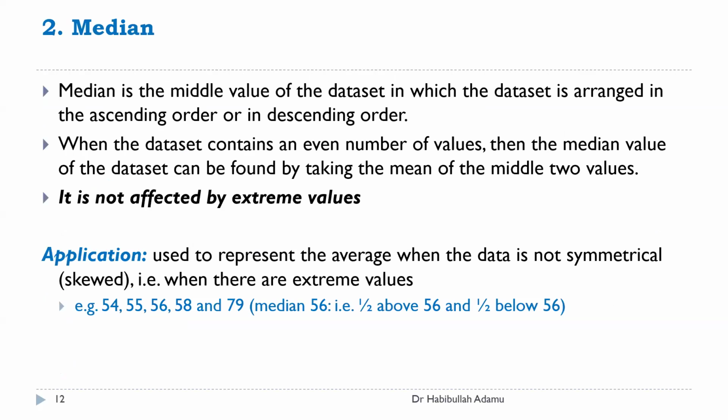Data is skewed if there are extreme values inside, meaning that some values are significantly lower than the majority of the values or significantly higher than the majority of the values. So if you decide to use the mean in that situation, it is going to give you a misleading result because the mean is affected by extreme values, whereas the median is not affected by extreme values. For example,